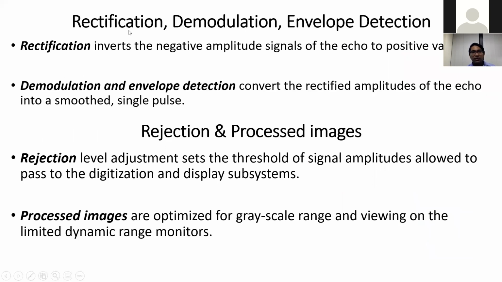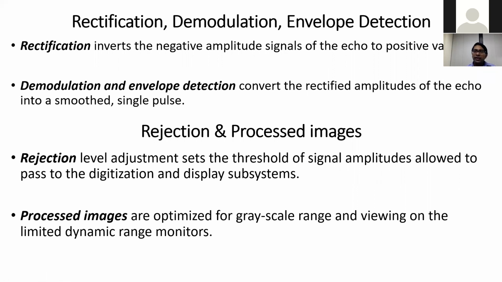The other concepts that I want to quickly touch base on are rectification, demodulation, and envelope detection. So rectification is the process of inverting the negative amplitude signal of the echo to positive values. The demodulation is a concept which comes from frequency modulation, which is used in radar. In radar, what we do is that we typically send the transmit signal on a carrier frequency, and that carrier frequency, which is called the frequency modulation technique, is basically